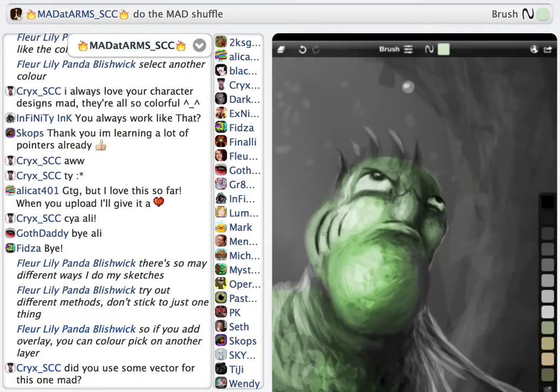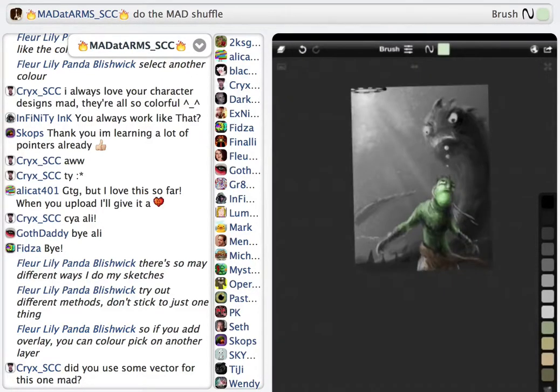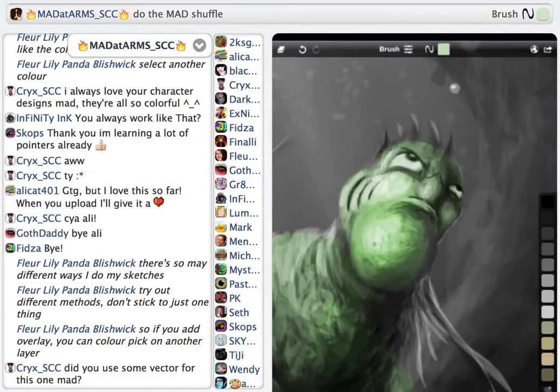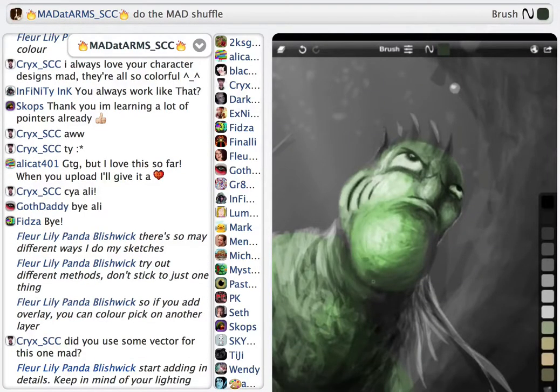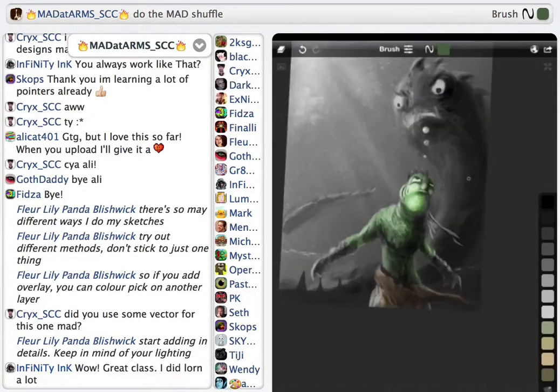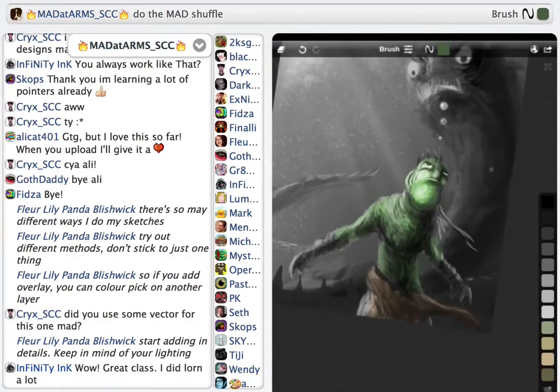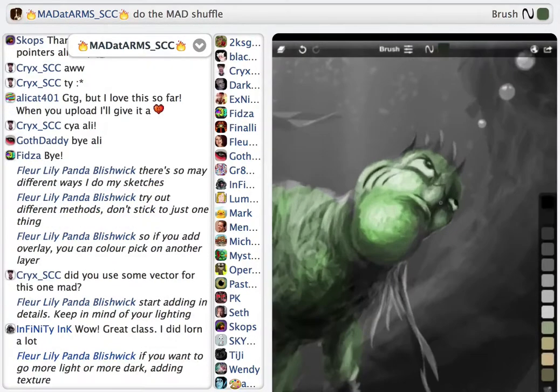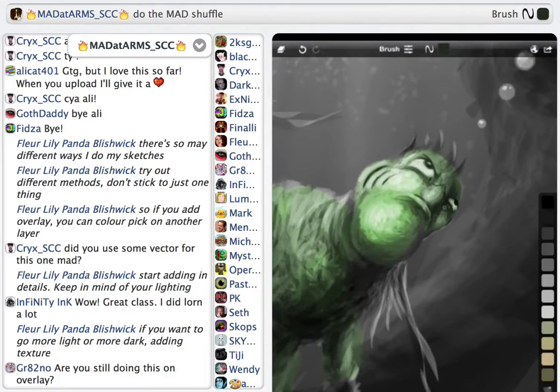And if you want to go more light, more dark, go ahead. Start adding texture. No, well, yeah, I did use vector to start it out. Yeah, I'm glad. Thanks a lot, Infinity. So yeah, just start,